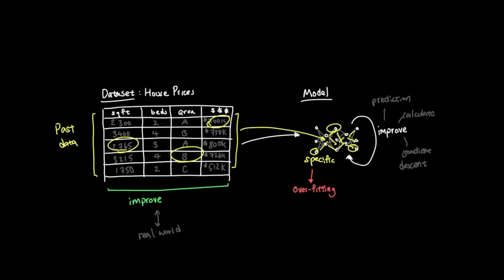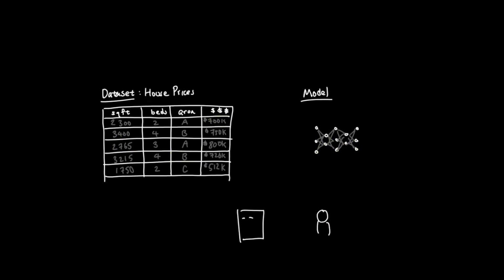Overfitting happens when a model learns the training data too closely. It may look good during training, but when we give it a new house it has never seen before, the prediction can be much worse. A simple analogy is memorizing practice questions before an exam. If the real exam has the exact same questions, you might do well, but if the exam asks new questions that test the same concepts, memorization will fall apart.